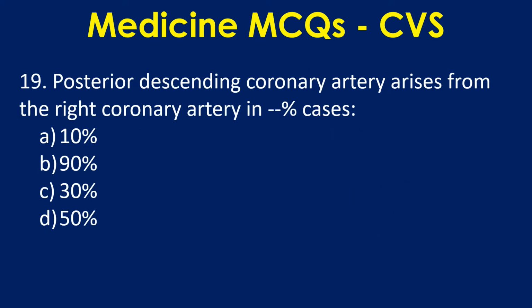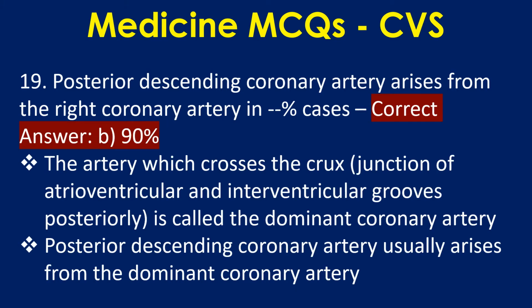Posterior descending coronary artery arises from the right coronary artery in what percent of cases? A. 10%, B. 90%, C. 30%, D. 50%. Correct answer B. 90%. The artery which crosses the crux, that is the junction of atrioventricular and interventricular grooves posteriorly,